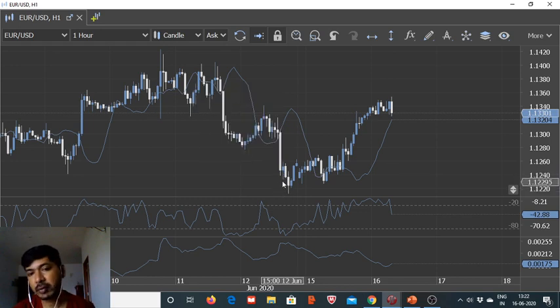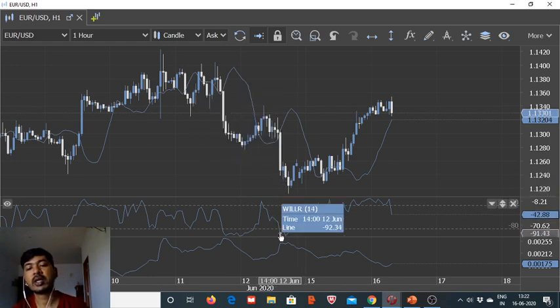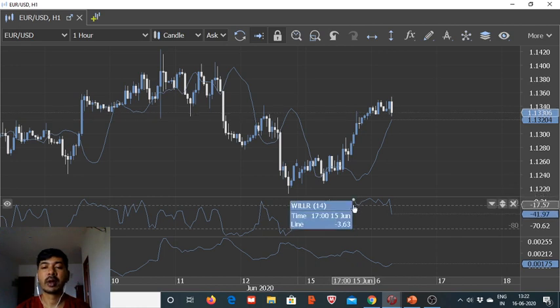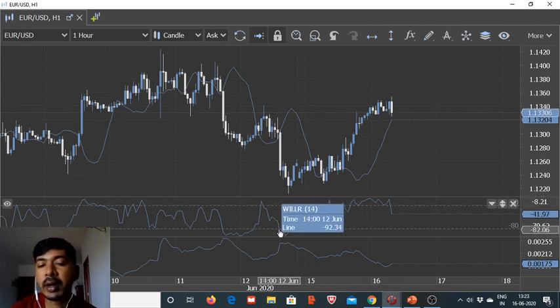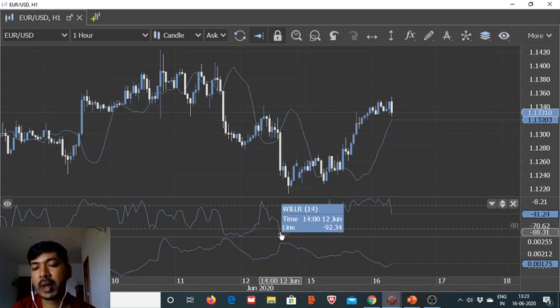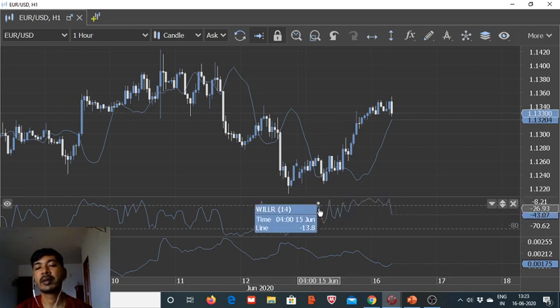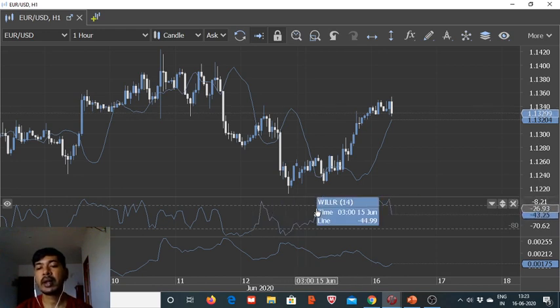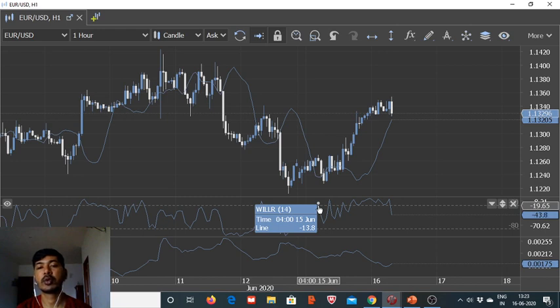And in such a scenario, we will be going in for a sell trade. The additional condition we will be imposing is that the trade should be initiated only during the first hour of Williams R entering into an oversold or, for that matter, overbought scenario. So we will want the prior candle to have closed above minus 80, and then the last candle close should happen below minus 80. For a buy trade, the prior candle should have closed below minus 20, and then the last candle close should happen above minus 20. Only during that time, only after that hour, the trading conditions will be in place, and then we will initiate the trade